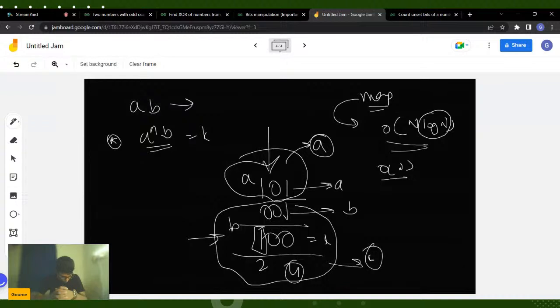Would any set bit work from the XOR of the two numbers? Yes, any set bit. So actually, it was very easy to find the rightmost set bit, but any set bit works. You just have to find any particular position which is set in the number A or B, and only for that particular position, divide into two groups. But it is very easy to get the rightmost set bit in O(1) operation. So that was the reason I was speaking about the rightmost set bit, but it can be any bit.